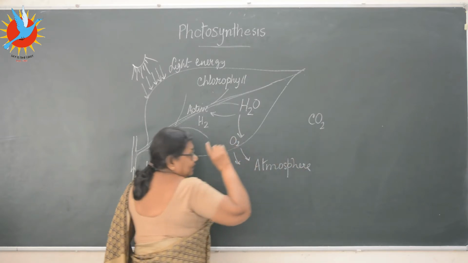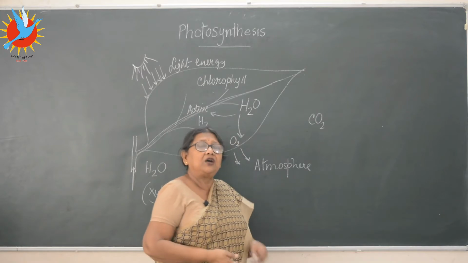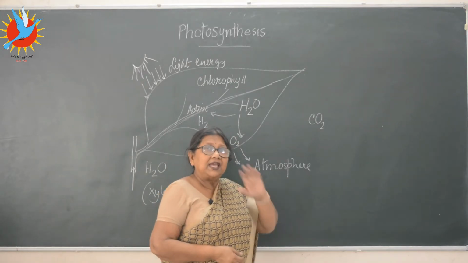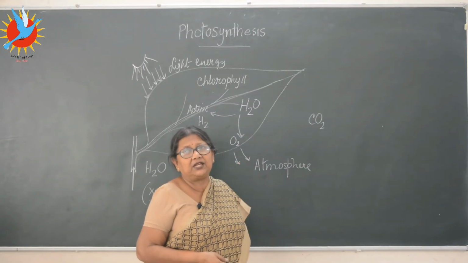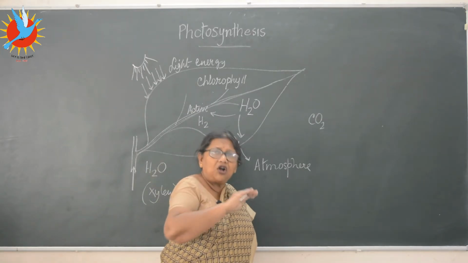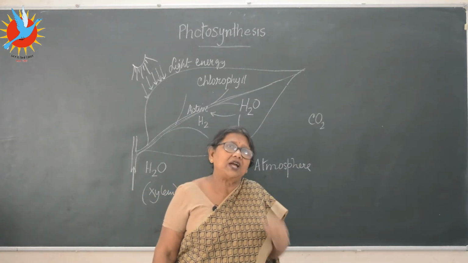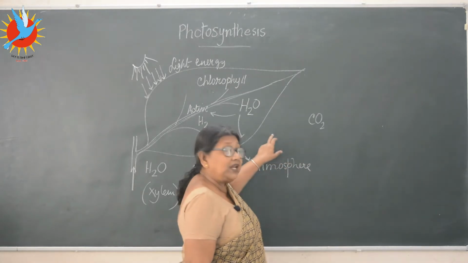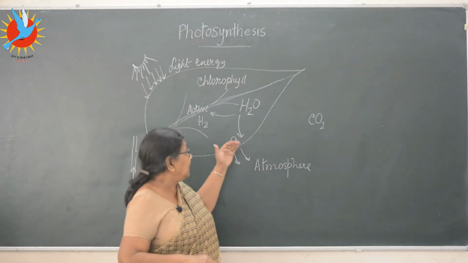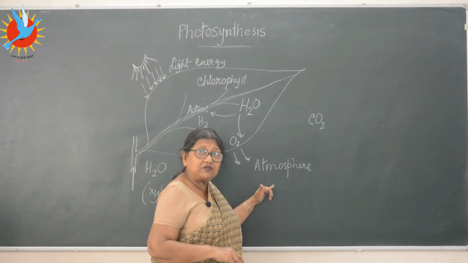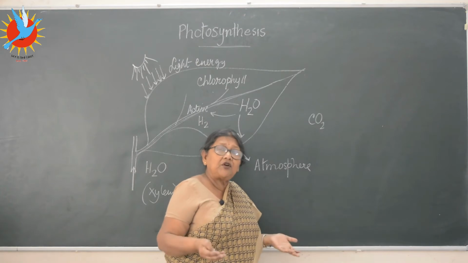A very, very important function of the plant, how the plants are useful to us. They maintain the oxygen-carbon dioxide balance in nature. All the living things, all the plants, all the animals, are continuously taking oxygen and giving out carbon dioxide. How are green plants useful to us? They are using the carbon dioxide and liberating oxygen back to the atmosphere to maintain the balance. Otherwise, what would have happened? There would be less oxygen.